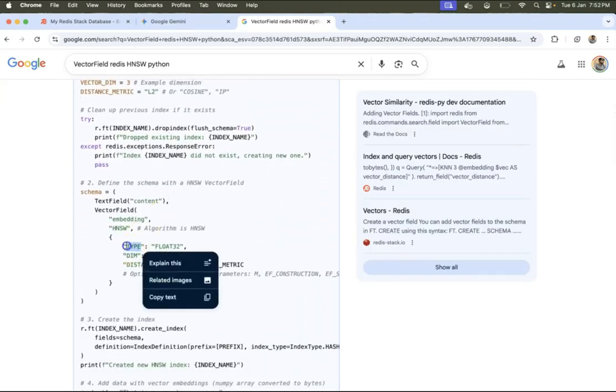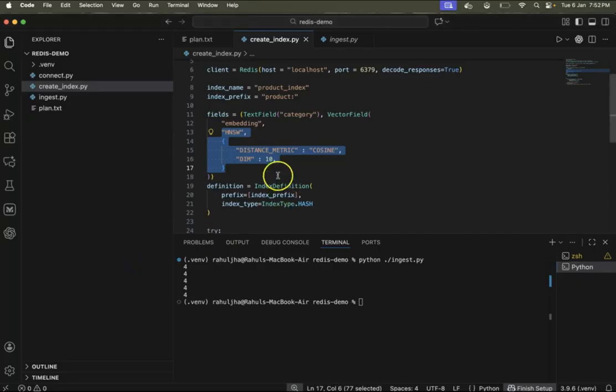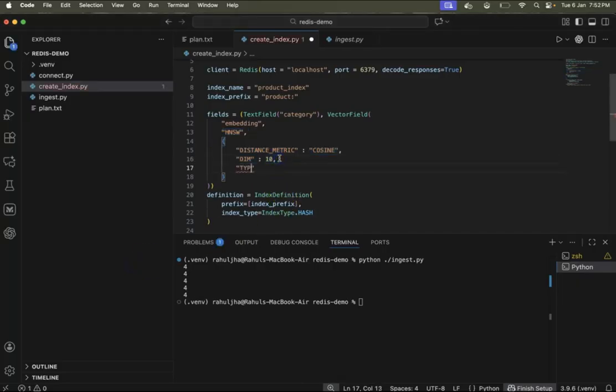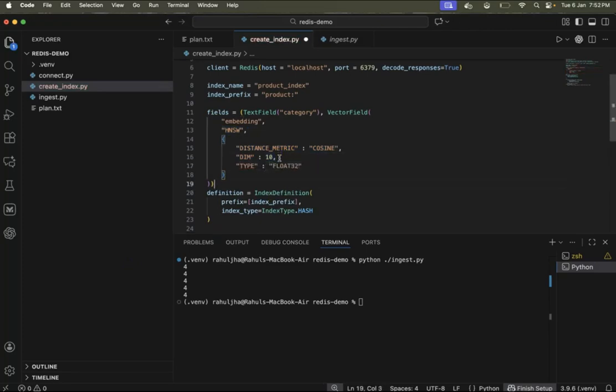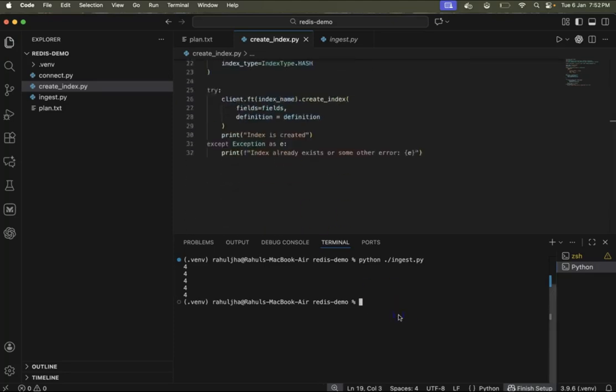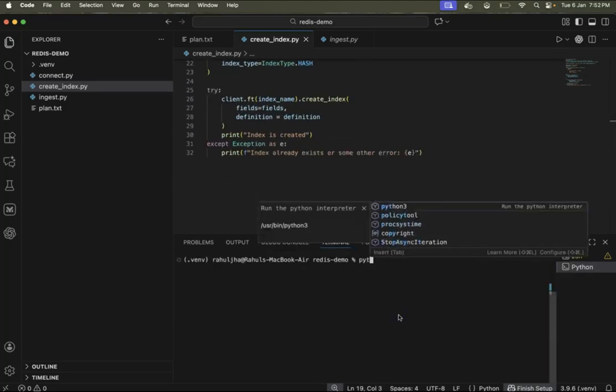Okay, so I think type is also something I need to pass. Dimension is good, distance metric is good, and type. In the type I can pass float32. So this defines our index, and let's run this script now. Python